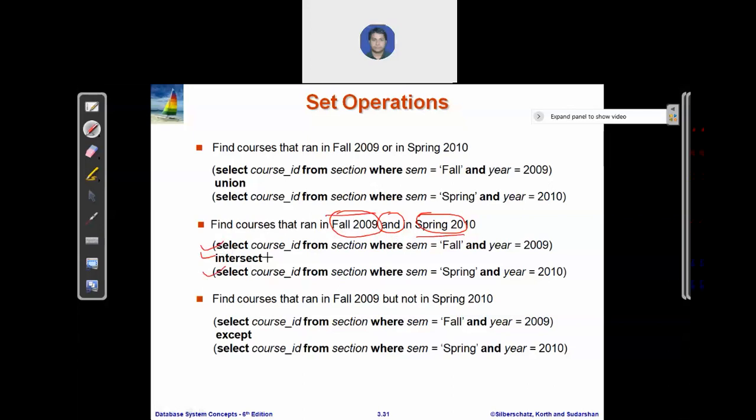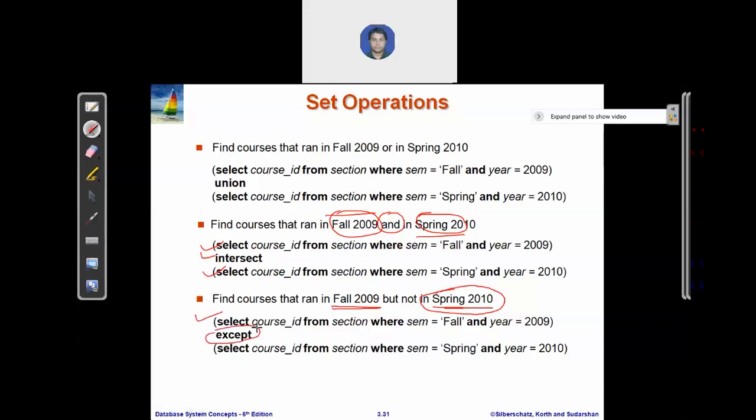The next is: find courses that ran in this semester of this year, but not in that semester of that year. That means we want to exclude the courses of that session. So to apply set difference in SQL, we write EXCEPT.